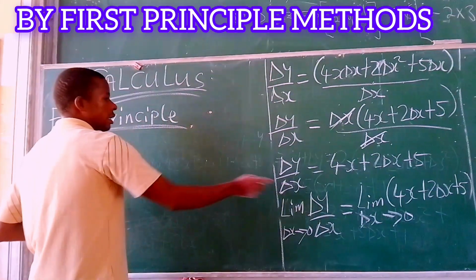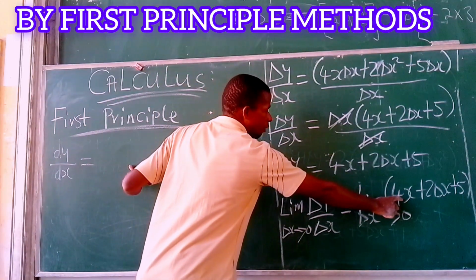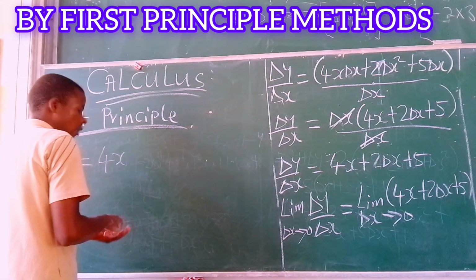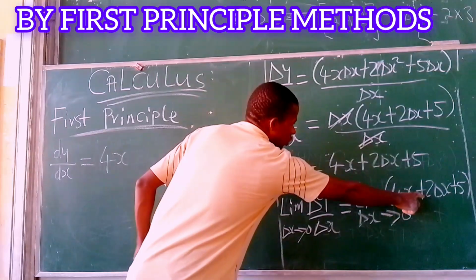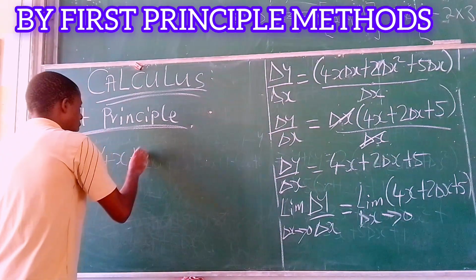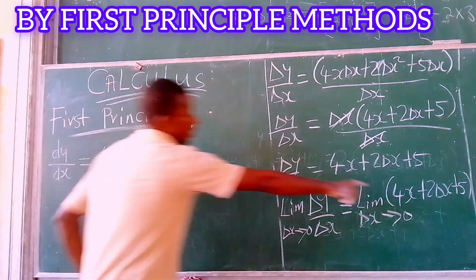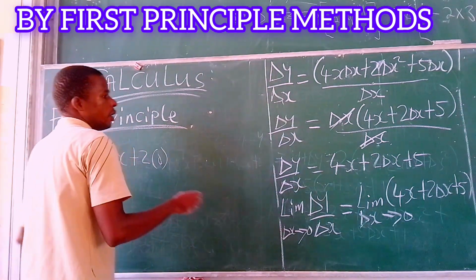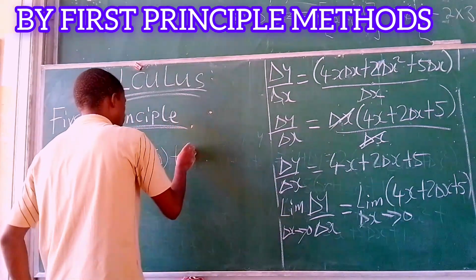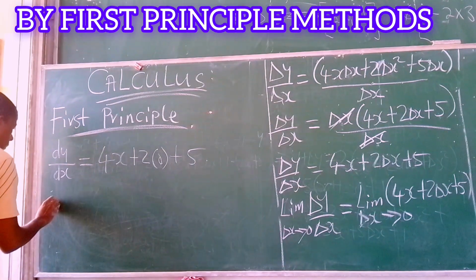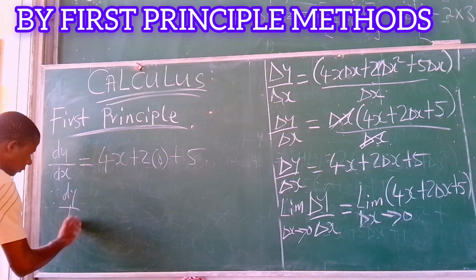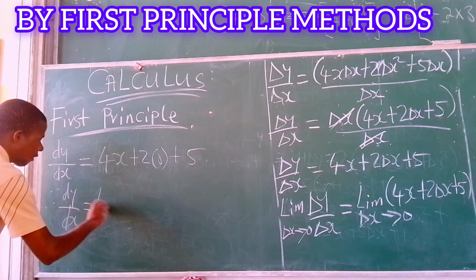There is no dx in this term, so we're having 4x. Plus 2, there is dx here, so we substitute 0, bracket 0. Then plus 5. Therefore, our dy over dx equals to